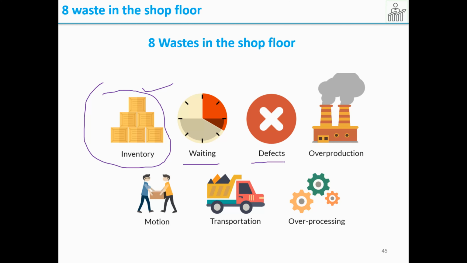Next is defects. So you produce a product and it will end up with the defect and we need to scrap it. Therefore, that is not usable. So the effort that has been put to create that product will be waste. Next is overproduction. So you are producing more than what is required for the company or the customer. Then for the extra production, we need to store and we need to keep a separate place so that it will start depreciating. So overproduction is also one of the waste.